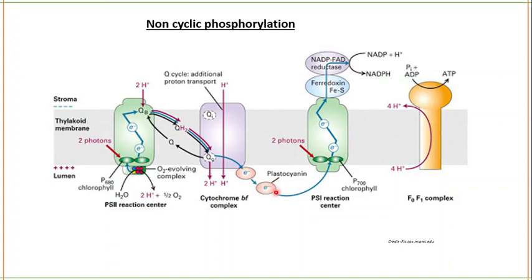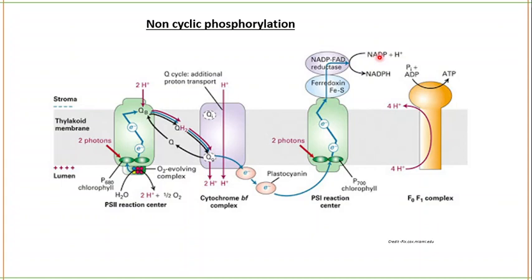It will now transfer its electron to photosystem 1. Photosystem 1 will be transferring the electrons first to the A0 protein, which is a modified chlorophyll, then to A1, which is a phylloquinone. Then phylloquinone will transfer the electrons to ferredoxin. Ferredoxin consists of iron sulfur. It is an iron sulfur protein. Then this FNR, we call it ferredoxin NADP reductase, catalyzes the transfer of electrons from ferredoxin to NADP positive.